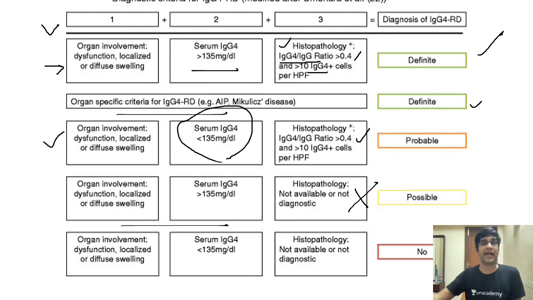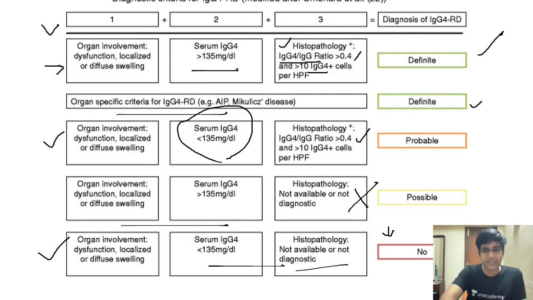So I cannot diagnose an IgG4 mediated disorder with confidence without the presence of histopathology as of date. So histopathology becomes extremely important. So if your hospital doesn't have IgG4 IHC, please convince your head to procure one, because it's ever evolving. And again, I'll tell you the reason why I need to give a very specific diagnosis. When there is no IgG4, no histopathology, only an organ involvement, it means never, right? So it can never be diagnosed clinically. Yes, though it can be suspected clinically, I need a lab's help to come to a diagnosis of an IgG4